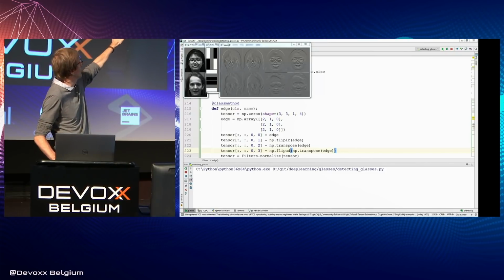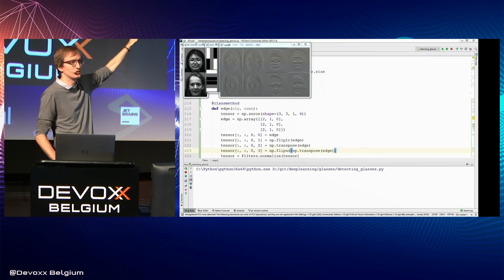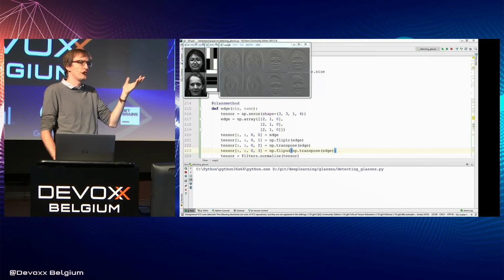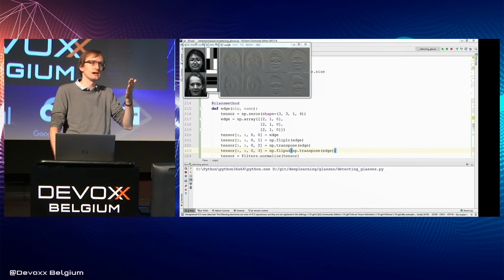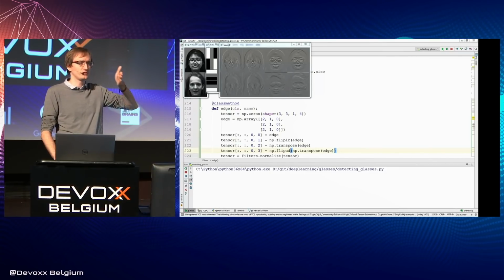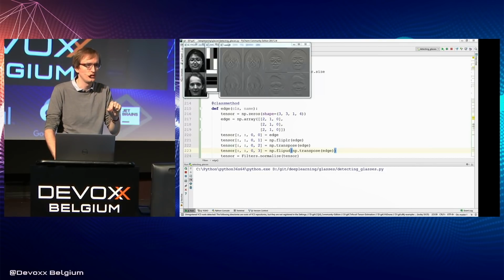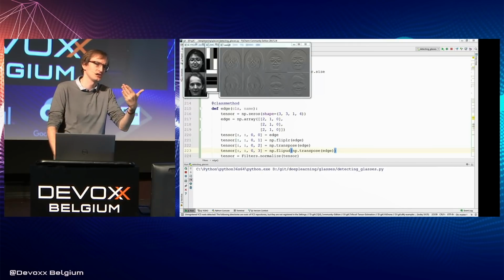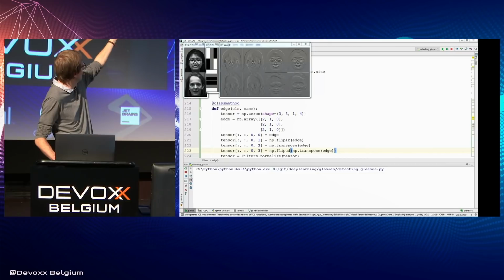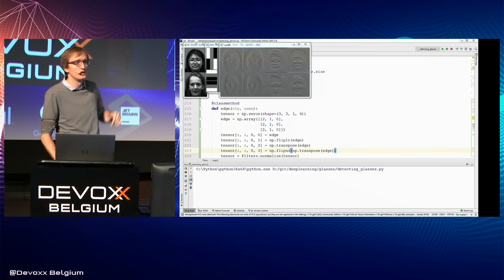If you look carefully, the first 2 results are very similar to each other, and the second 2 are also very similar to each other. In fact, they are symmetric. Because obviously, if you are trying to detect a left edge, it's a negative of the right edge, so the right edge will appear in the negative part of the left edge detection, and similarly, for the right edge, the left edge will be seen as the negative of the right edge. So the first 2 are symmetric, similarly for the last 2.